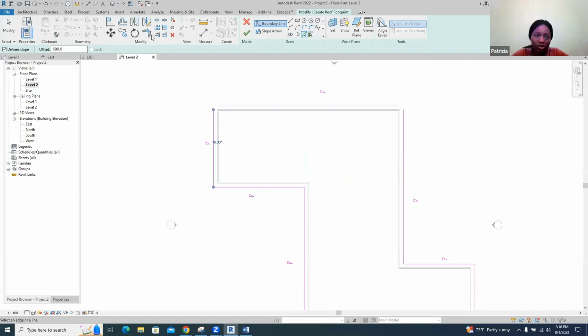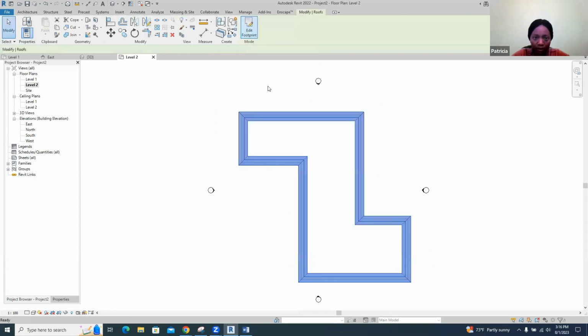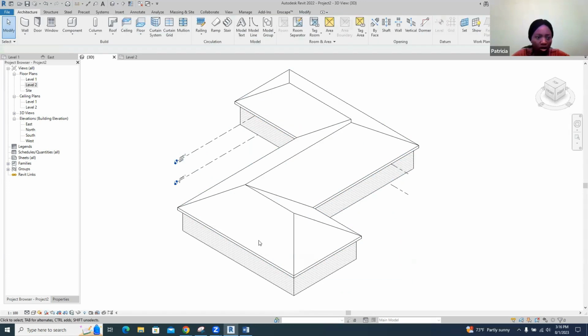And then we can close it up with this tool by selecting, because if it's not closed, you won't be able to use that green check. So once we do this and check this green box, if we come over to 3D, we see that we have the roof, and then below here, we can set how we see